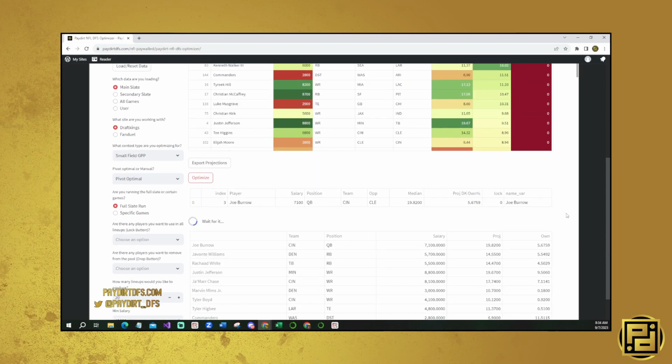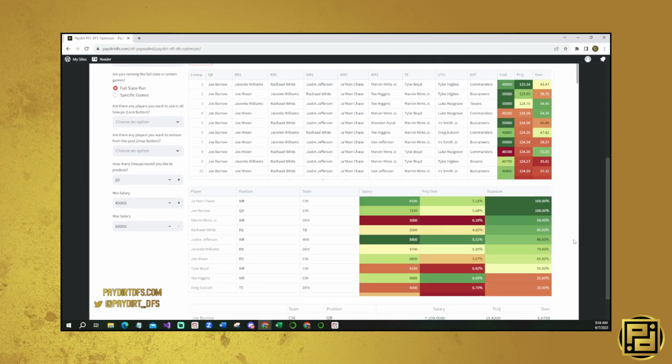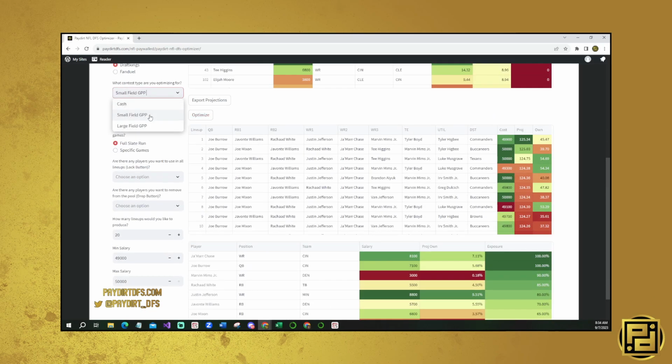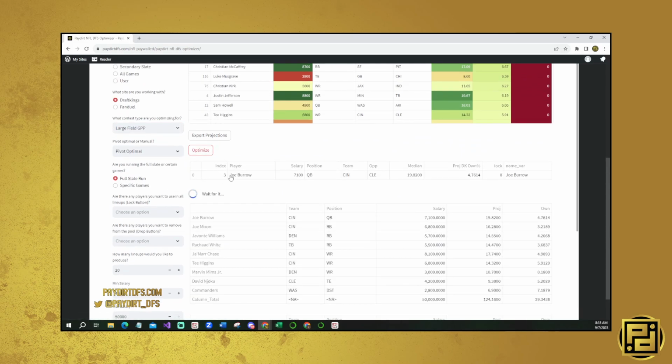And then, again, once it's done building things out, it'll show you what lineups it produced, show you projections, ownership, cost, and then it'll show you what your exposures were within these. So you had 100% Ja'Marr Chase, 100% Joe Burrow, and then some mix in of Tyler Boyd and T. Higgins, right? And then if you do the large field GPP and run optimize, again, it's going to build around